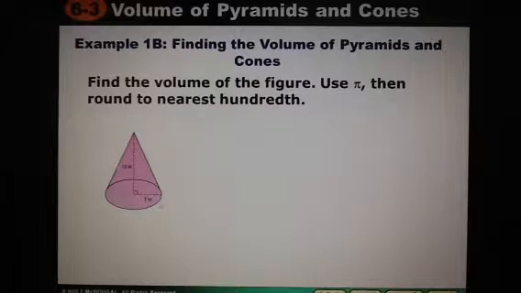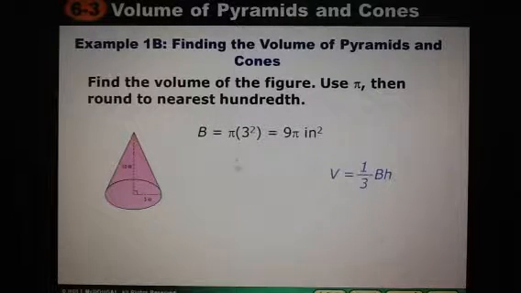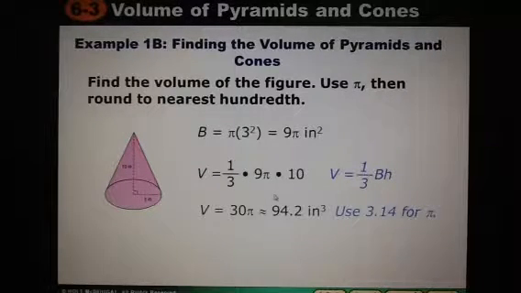Okay, so now we're going to use the area for the base of the circle, multiply it by the height, and take 1/3. So we've got a radius of 3, we square it, multiply it times pi, so that's how many squares will fit inside that flat circle, 2 dimensions. Now we're going to take 1/3 of the base times the height of 10, so 1/3 of 9 is 3. We've got the pi there, and then 3 times 10 is 30, so it's going to be 30 pi,